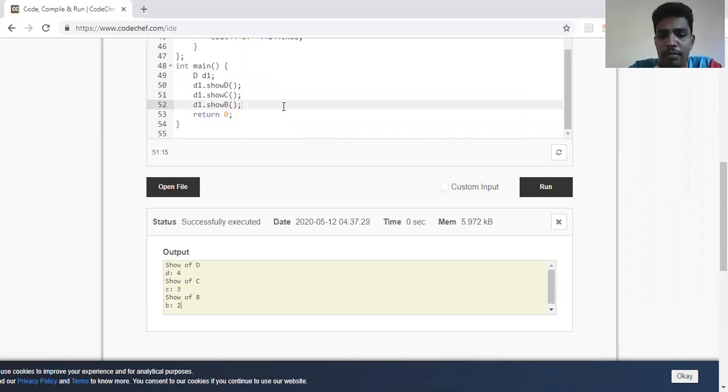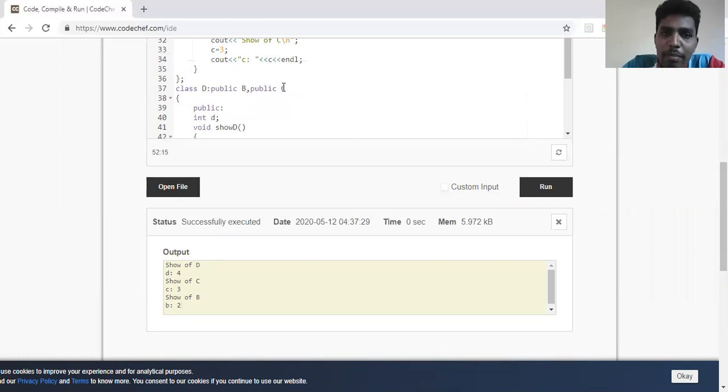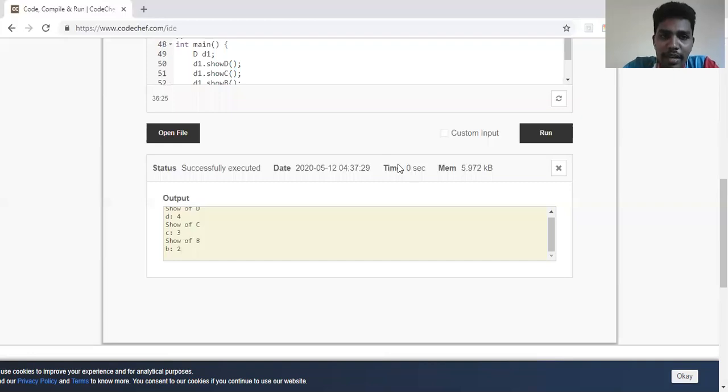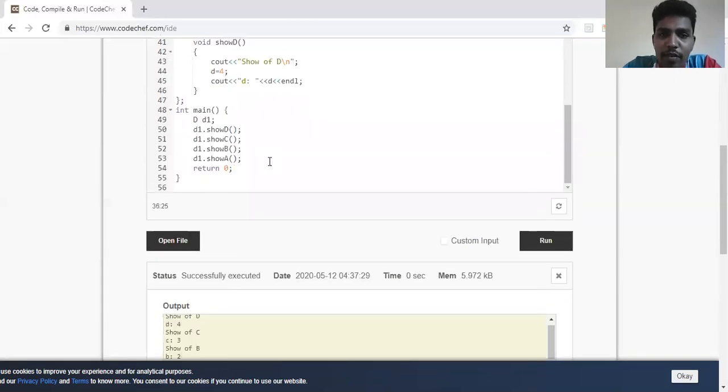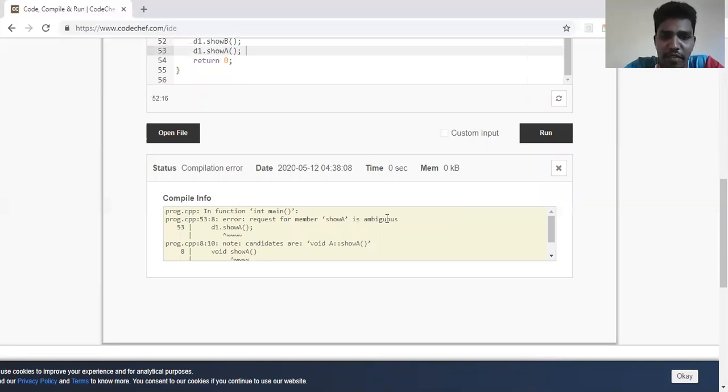But the problem comes because the compiler gets confused now. So show A. As you can see, D does not inherit A directly, but B and C both inherit A. So when I write show A in the main, it is confused whether I have to show A through class B or through class C, because both B and C inherit A. So if I write like this, it throws an error. It gives me an error because my compiler is in a confused, ambiguous state.